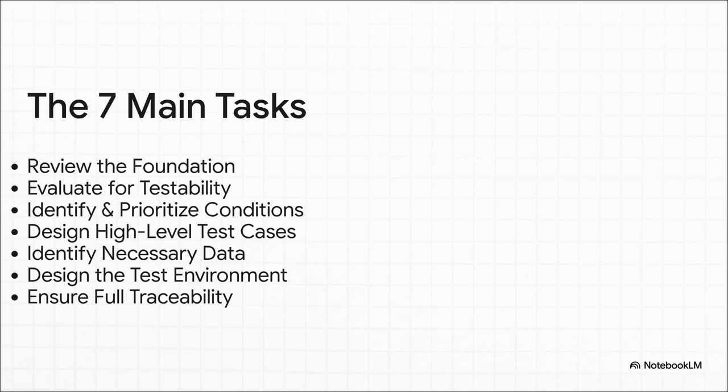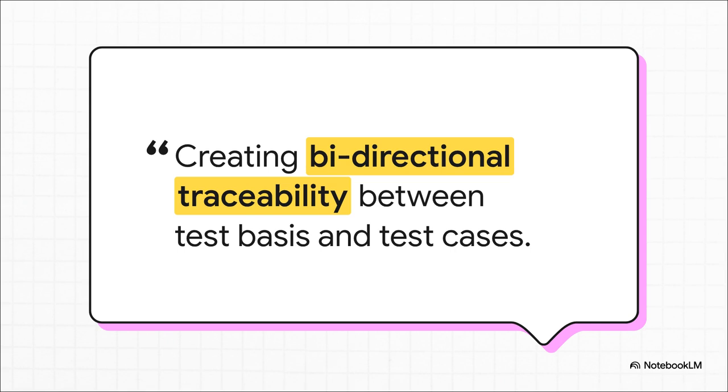You ensure full traceability. Now that phrase, bidirectional traceability, I know, it sounds incredibly complicated, but the idea behind it is actually pretty simple, and it's so powerful. All it means is that you can draw a straight line from every single requirement in the blueprint to a specific test that checks it. And you can look at any test and trace it right back to the requirement it's supposed to fulfill. Why does that matter? It means nothing gets missed, no gaps, no, oops, we forgot to check that moments.